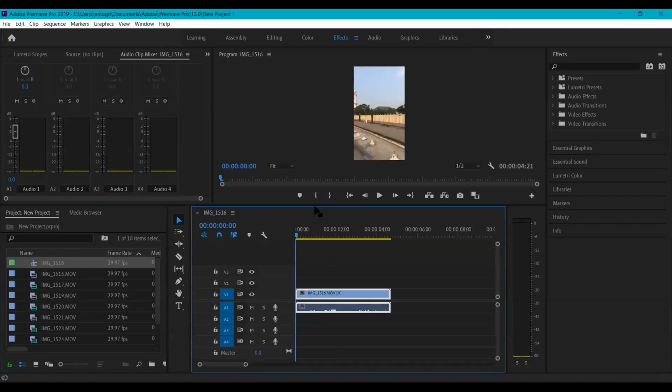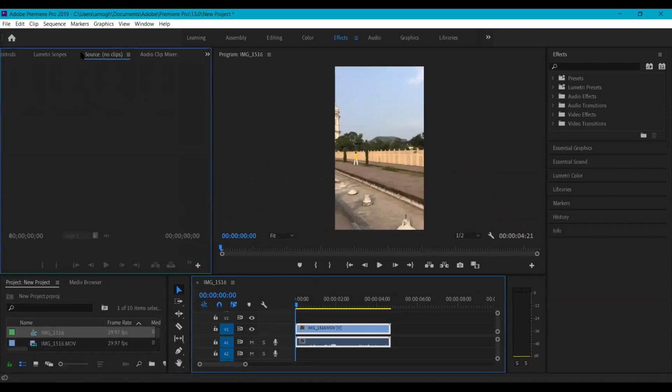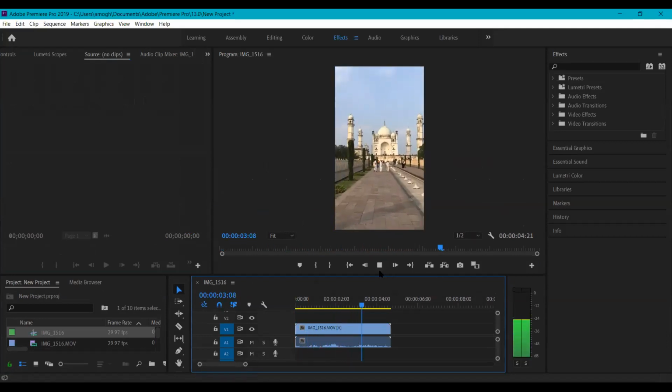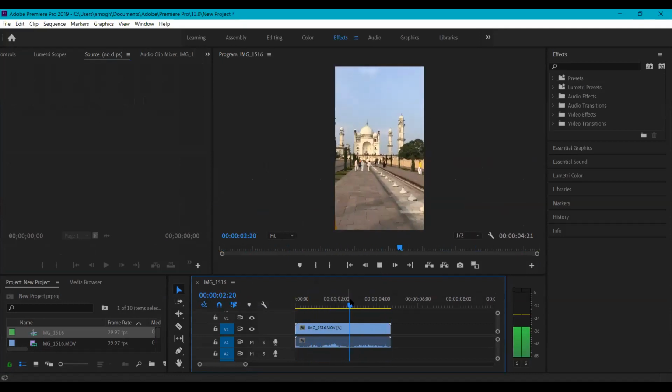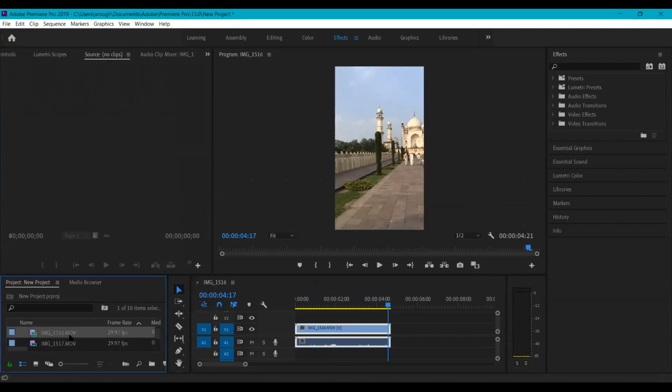Once you place it here, you'll be able to see it. This seems the same as the timeline in Final Cut Pro. So you keep on adding clips.